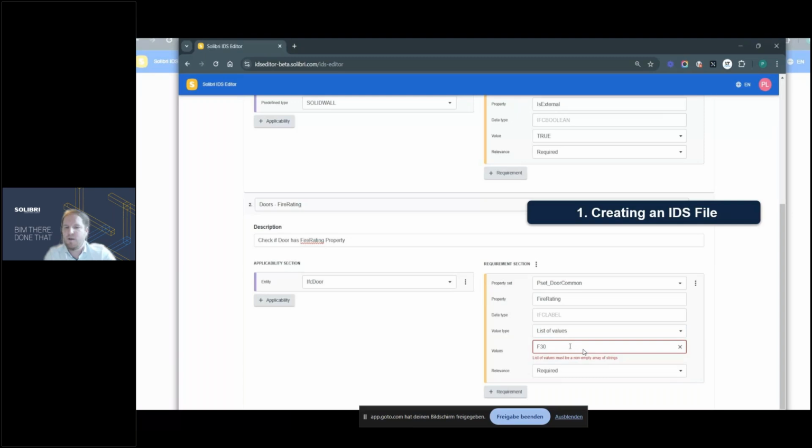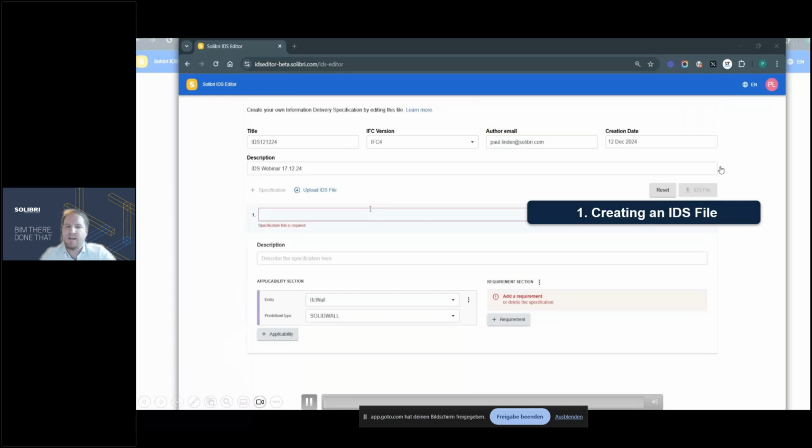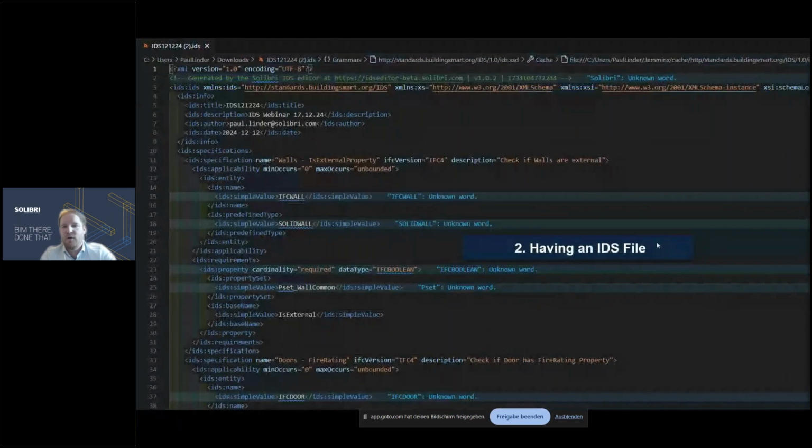So I can type in some values that are requested in my project, and I'm checking if my value of the IFC doors contain one of these values at the end. So this is how I can create an IDS file. The next step is, when I downloaded the IDS file and open that up with an XML editor,